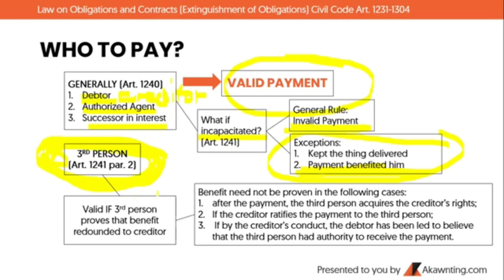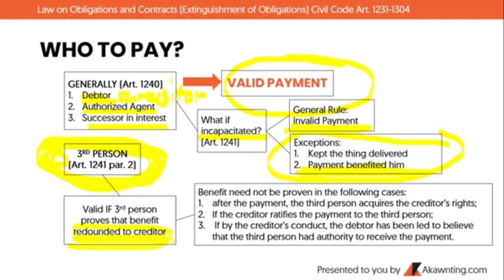Okay? So, magiging valid ang payment sa isang third person if the benefit redounded to the creditor. Ibig sabihin, ganito. Mamaya, may example tayo actually para mas maintindihan nyo kung ano yung redounded to the benefit, that benefit redounded to the creditor, para mas maintindihan nyo kung ano yan. Okay? Ibig sabihin ganito,